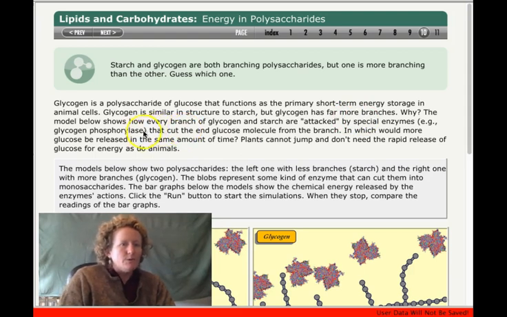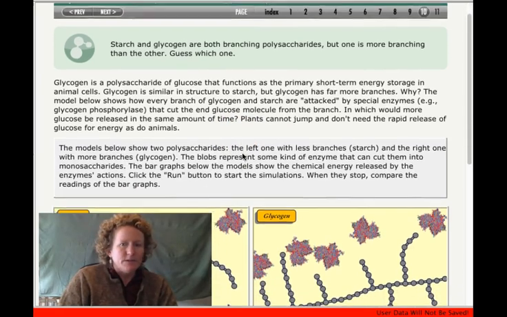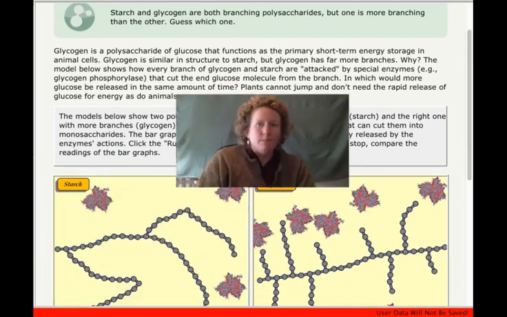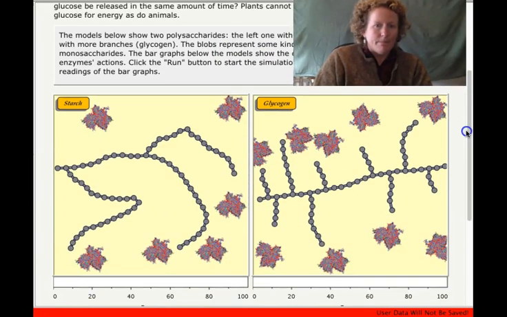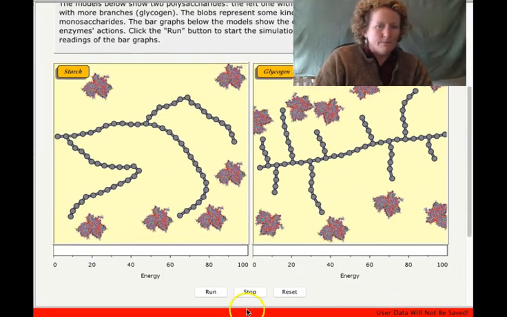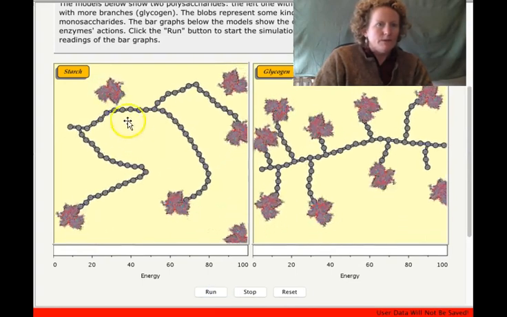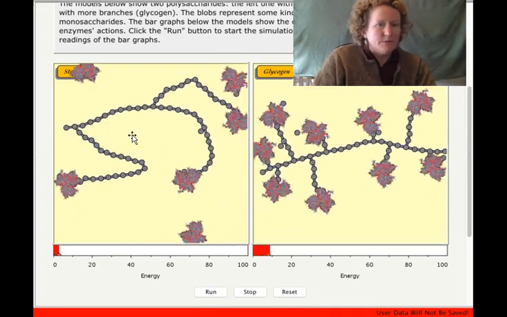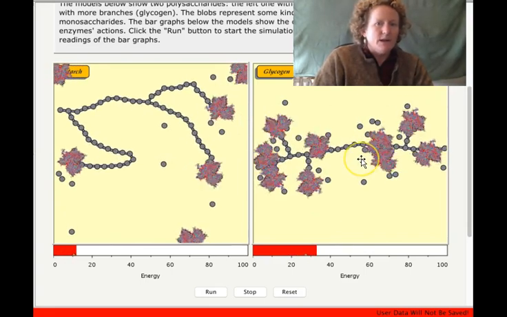Why? The model below shows how every branch of glycogen and starch is attacked by special enzymes, glycogen phosphorylase, that cut the end glucose molecule from the branch. In which one would more glucose be released in the same amount of time? Plants cannot jump and don't need the rapid release of glucose for energy as animals do. So let's look at these two different models here. So starch is in plants, which don't have to jump and run away. Glycogen is in animals, which do have to